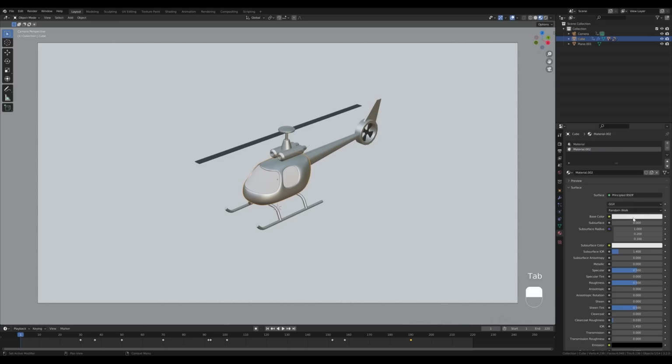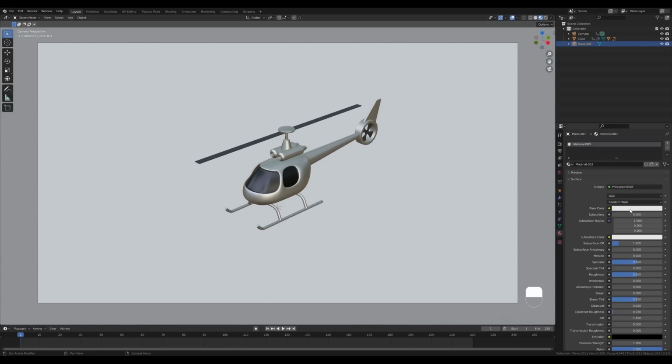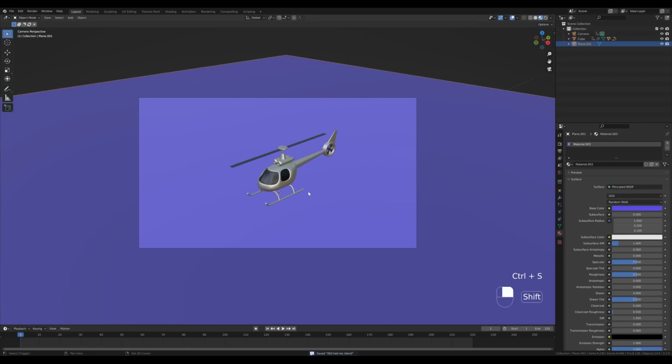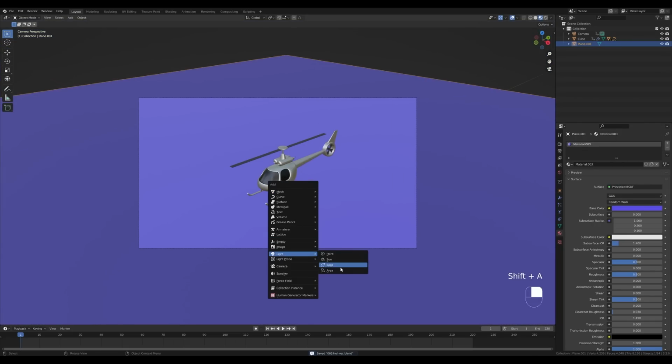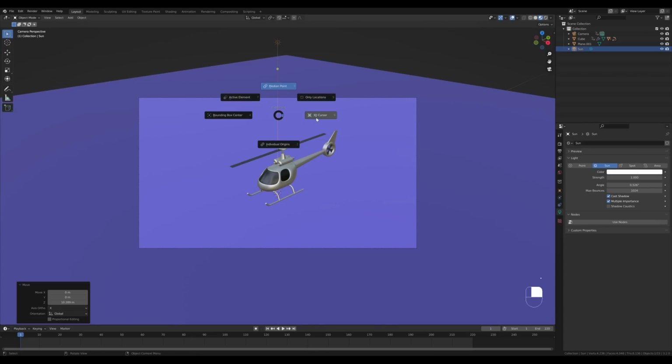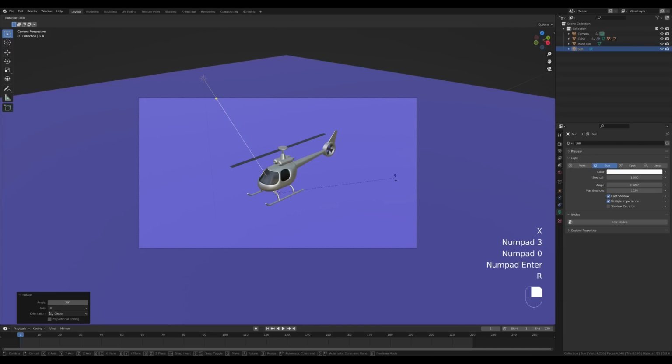Now tab out and we can add a new material there, go all the way black and decrease the roughness a tiny bit if you wish. And now select the background, add a new material, and let's go something like blue. Okay, that will do. And now let's press Shift A and let's add some light, sunlight. Let's press G then Z and move it up. And I will hit period on a keyboard and switch to 3D cursor. Now RX 30 degrees and RZ -45. So we have the sunlight shining from the side here.